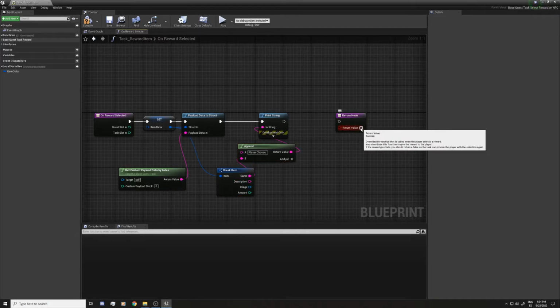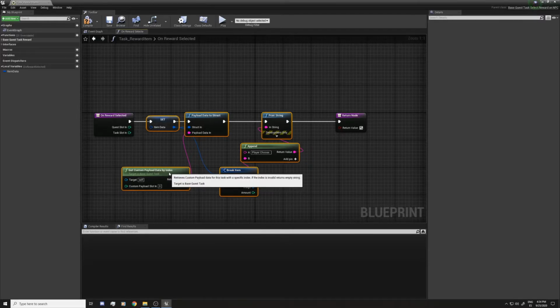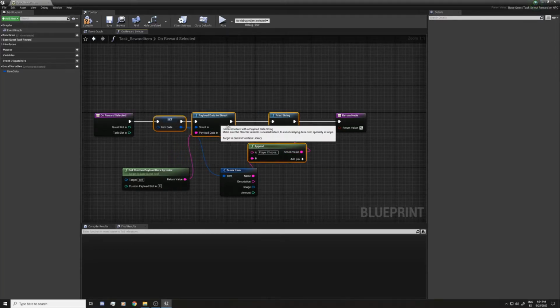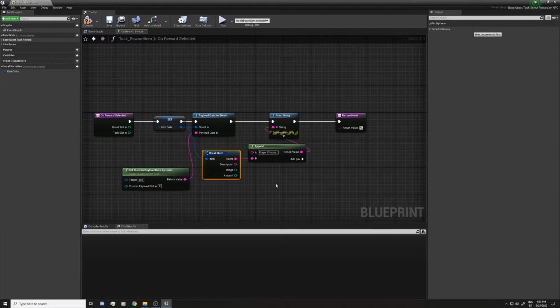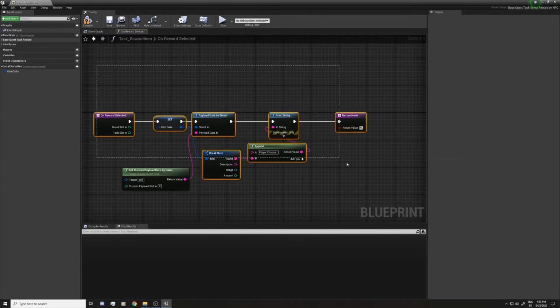You will have to send a true value. If for some reason, for example, the player has the inventory full and you cannot give him the item, you should return a false value, and this will continue to work, and it will expect the player to pick another reward, or it will give the tab for choosing rewards again. So you don't really have to worry about it. For us now, we're just gonna send the true value. It's just assuming that it's always gonna give the reward.